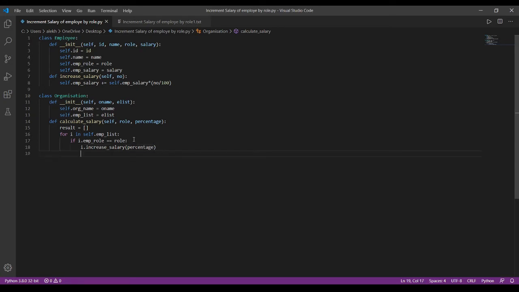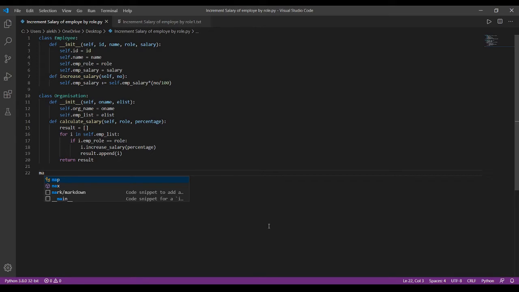With this percentage the salary of that particular employee should be incremented. Next, result.append of the particular object with the incremented salary, appended to the result list we created. So now we are returning the result list.